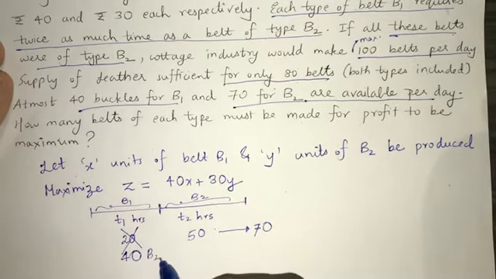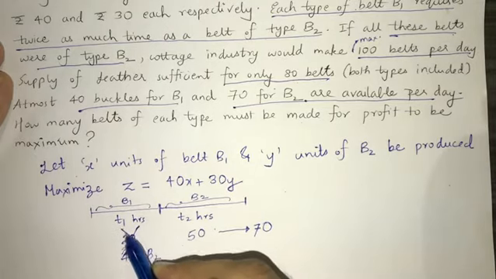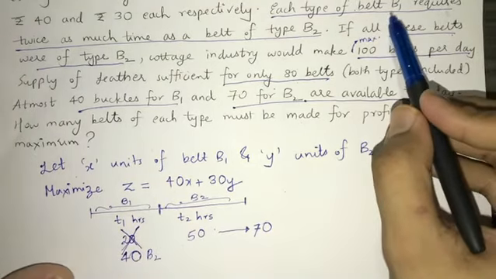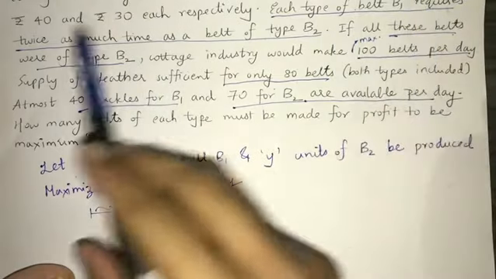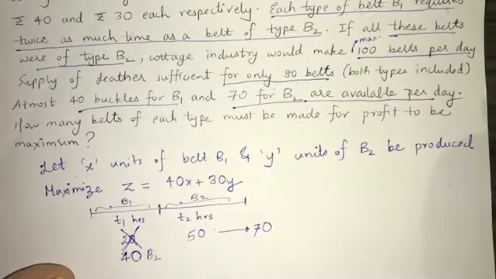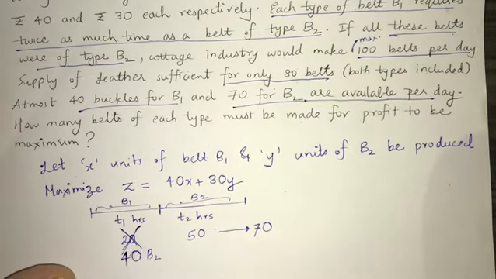40 types of belts, 40 belts of type B2, हाँ, B1 नहीं. B1 का कितना बन रहा था? 20, लेकिन B1 को टाइम डबल लगता है. B1 requires twice the time that B2 requires, right? So in the same time, if I stop the production of B1, I will make 40 belts of type B2